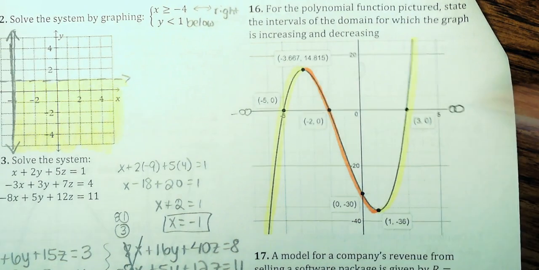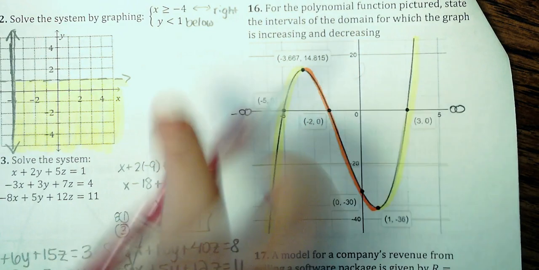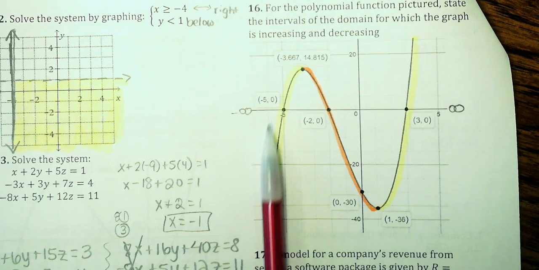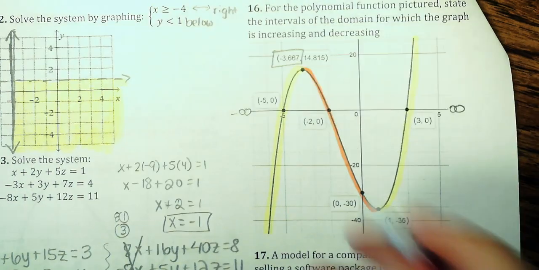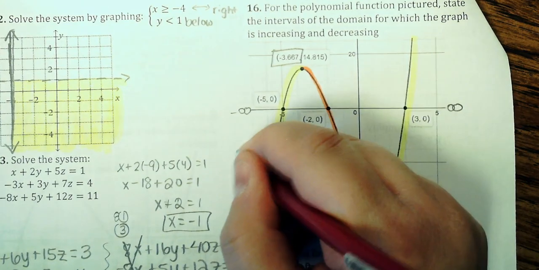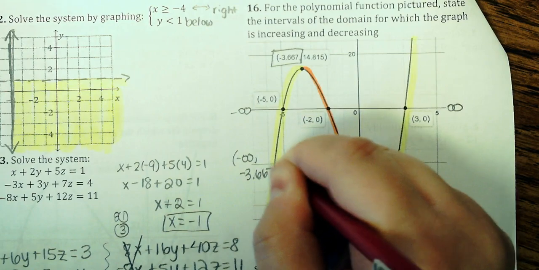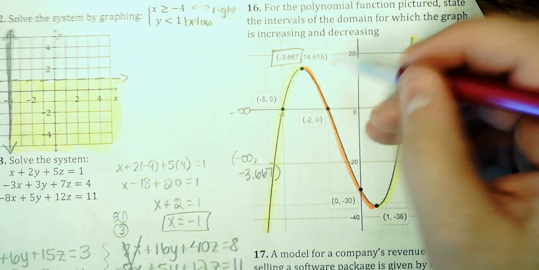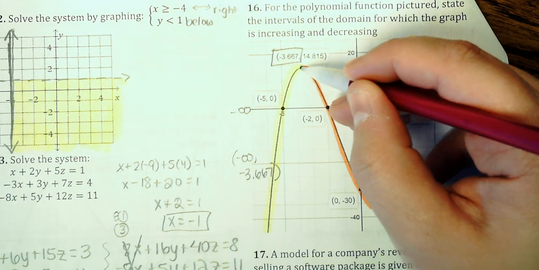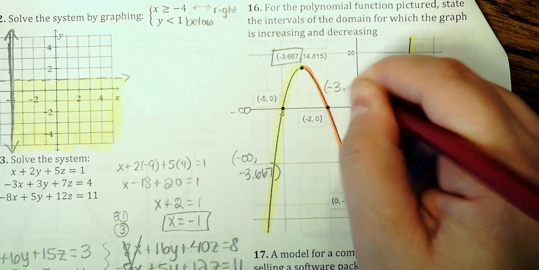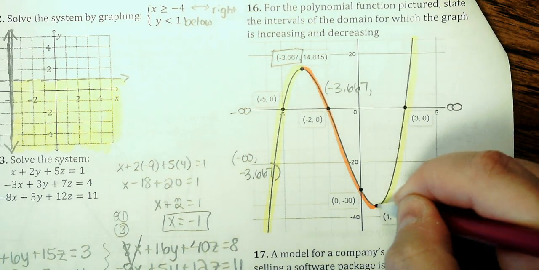These are always x values because it's over the domain. So as I approach from negative infinity, I'm coming from this way. This graph is increasing until you get to the x value right here. Very important, it's the x value. So this interval right here will be from negative infinity to that negative 3.667 x value. Then I'm decreasing. So I pick up right here. I'm not increasing or decreasing at this x value. We're just flat. So from that negative 3.667, decreasing, decreasing, decreasing, till I get over to this x value, which